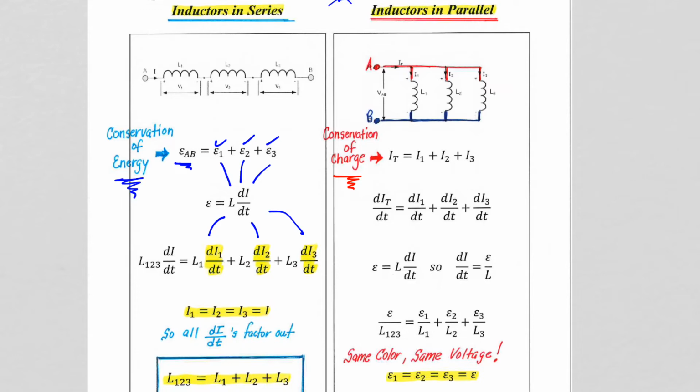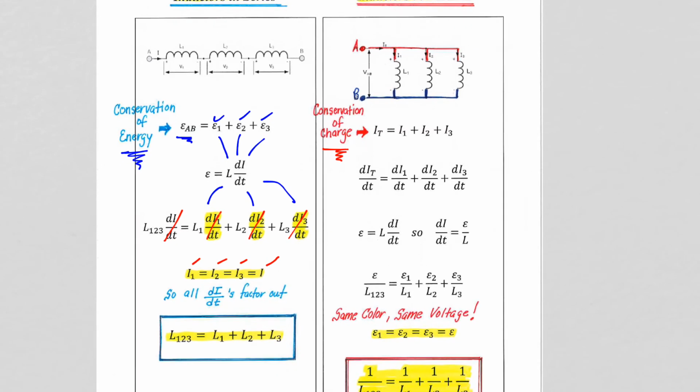So I1 equals I2 equals I3 equals I. So we can drop the subscript off of the di/dt's and they all cancel out. And we are left with our very familiar result that for resistors in series they add,